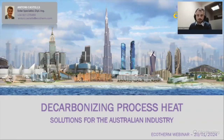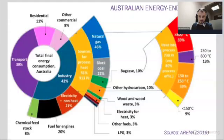So when we talk about decarbonizing the industry, we like to have a look where we are starting from. What is the starting point? This slide was briefly introduced just now by Tia. But I wanted to have a deeper look on it. So we can see for the Australian market and the energy share in the Australian market